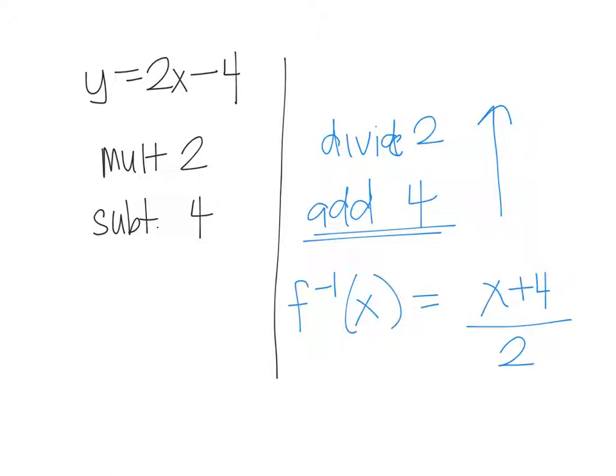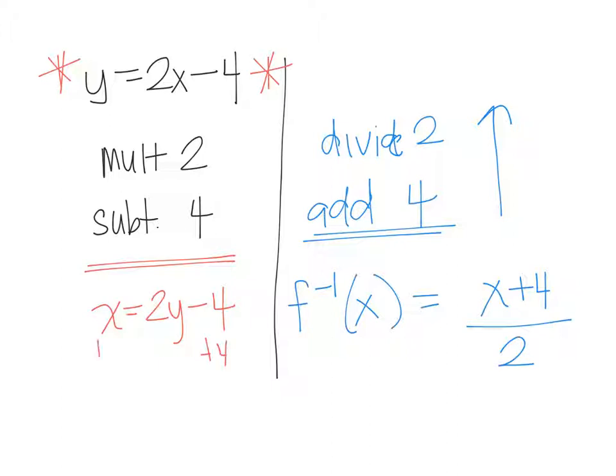There's a way you can do this algebraically from the original equation. If you're looking at the original equation, you could switch your x and y. So here's our original equation. If I switch my x and y variables, I have x equals 2y minus 4. And then solve for y. So we would add 4: x plus 4 equals 2y. Isolate your y variable, divide by 2, divide by 2. So that gives you